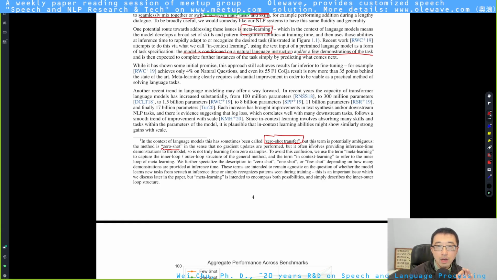So you're not supposed to update your model, okay? It only involves providing an inference-time demonstration. In short, only in testing, I give you no example, okay? You just tell me for this new task, this sample, what's your predicted output or what's the outcome of your neural network model.